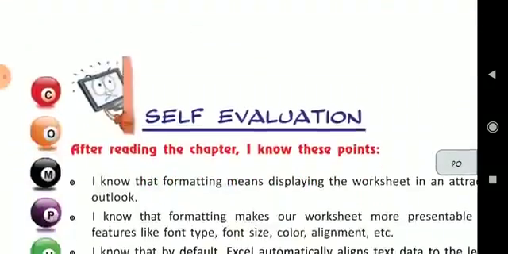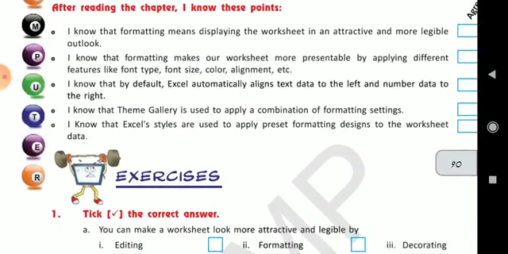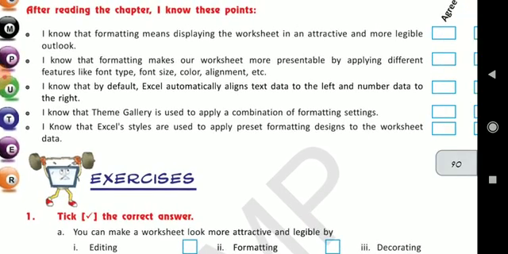Now coming to the exercise. I know that formatting means displaying the worksheet in an attractive and more legible outlook. Yes, of course, we had already read about it and know also that formatting is used to give an attractive look to the workbook.